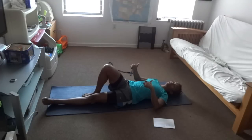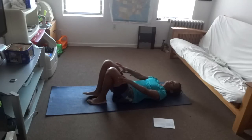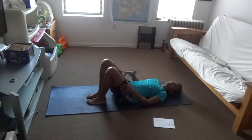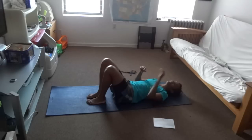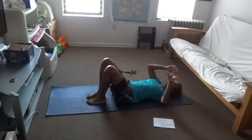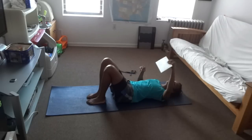Now as I get better at it, I had a band that I could put on my leg for resistance and then stretch it as far as I can. I think it melted over the summer. I kept it in my gym bag, never took it out, and the room was really hot, so I had to buy another one. So the next one I'm gonna do,